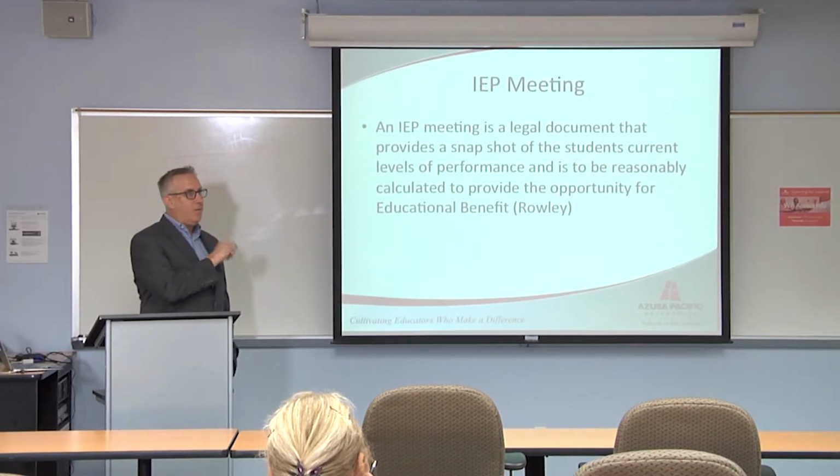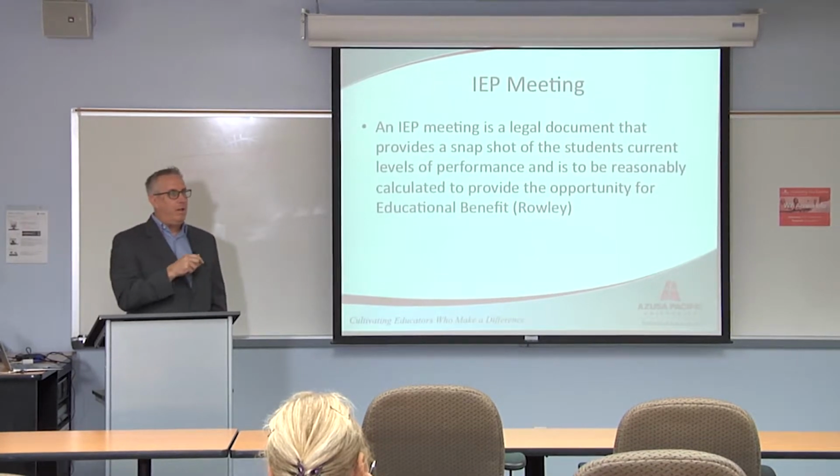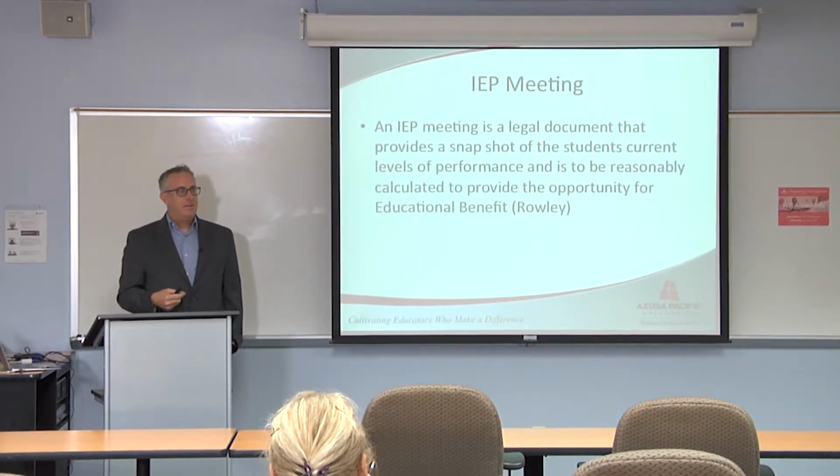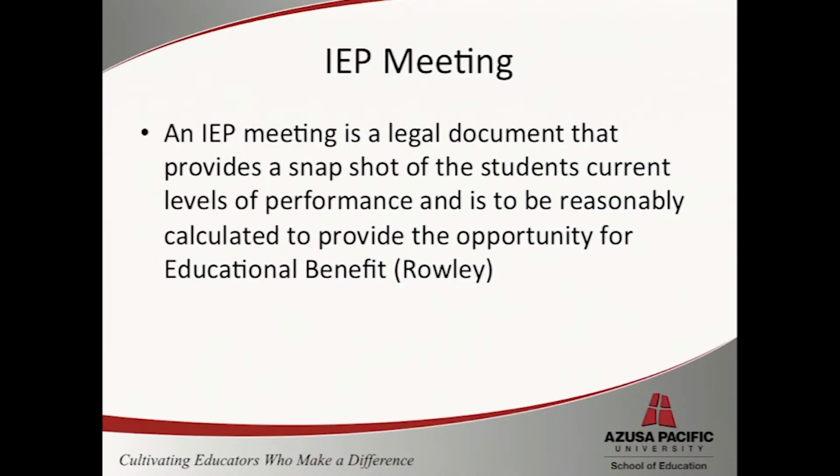And so I always like to start talking about Rowley. Rowley is still the standard. An IEP meeting, it's a legal document and it's a snapshot. You make the best guess estimate based on all the knowledge you could have, based on the student's rate of success in previous IEP meetings, and you make a snapshot, make a best guess. Based on the knowledge that we have, this is what we're going to do. And basically, you are providing the opportunity for educational benefit. In the field of special education,